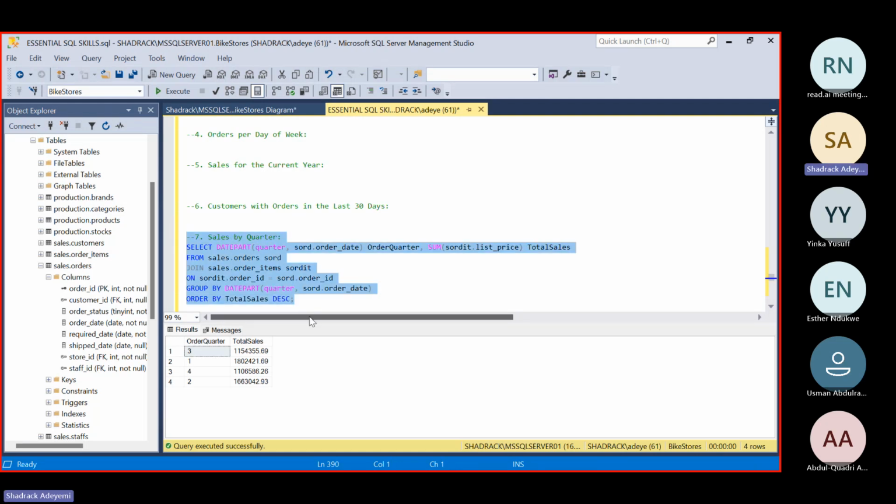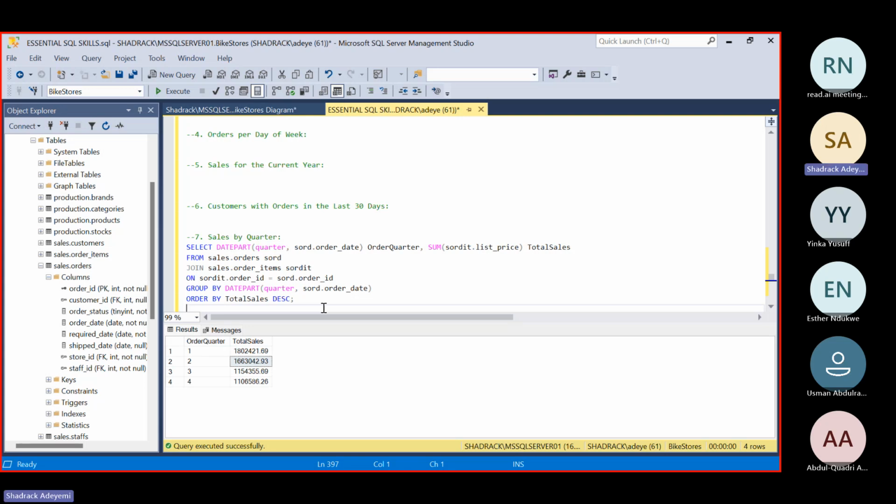So if you run this and execute it, we get to see that the very first quarter of the year we make the most sales, and the second quarter of the year we make the next most sales. But this just gives you an idea that it seems like whenever the year kickstarts, that's when we get to make a lot of money.